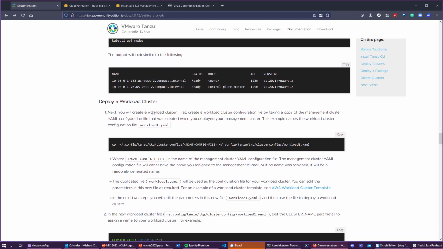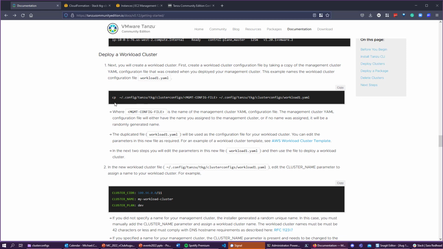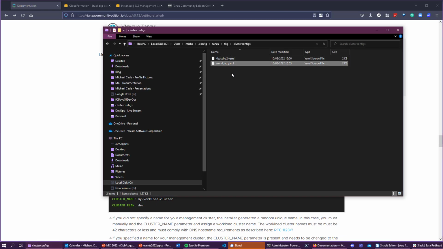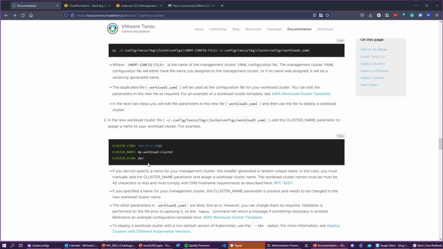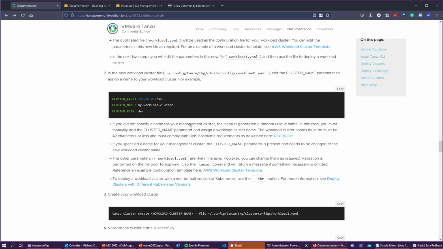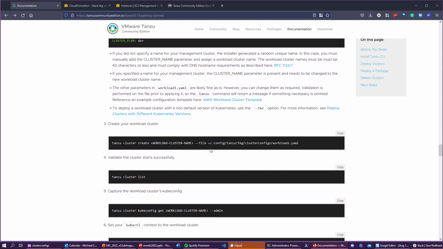So deploy a workload cluster. Now remember, I copied this. So ultimately what I did in here by creating this workload, I basically just copied using the UI rather than using the command line copy functionality, and I basically just changed it so that it was explore WRK. So to create it, we are going to run